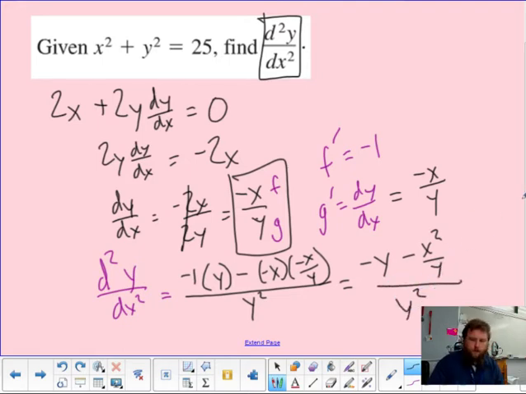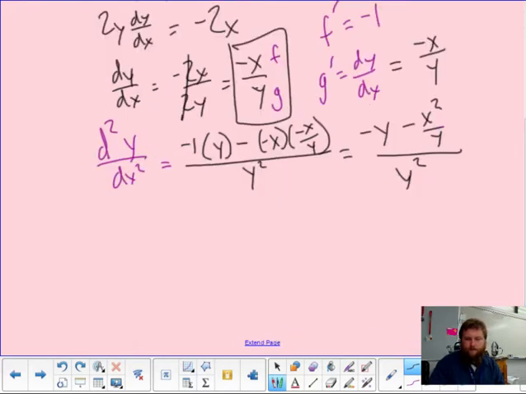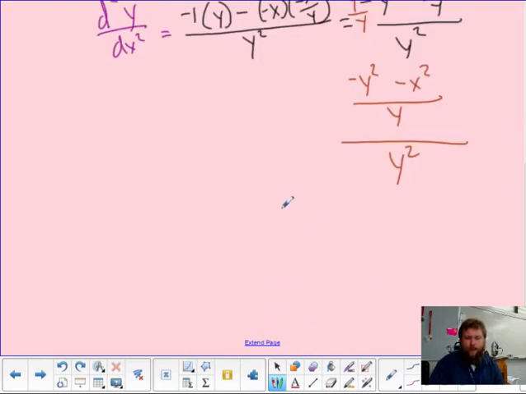Okay, so let's clean this up just a little bit. I'm going to multiply just this term by y over y. So what you're going to get is negative y squared minus x squared over y, all over y squared. When you have a fraction divided by another number, we can rewrite that as negative y squared